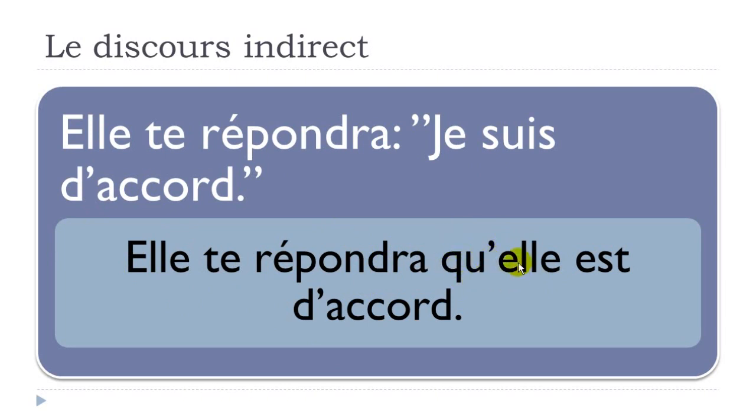Of course, you will have to modify this "je" and put it in here with "elle est d'accord". The verb, if you look carefully, will stay at the present form. Doesn't need to change here. Even if we've got the future here, it will stay at the present form in the second part here. Okay? So, the thing is that